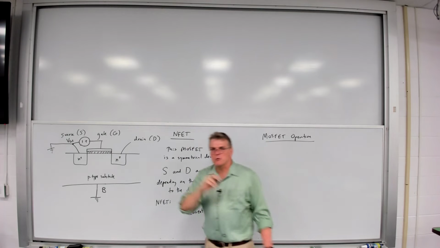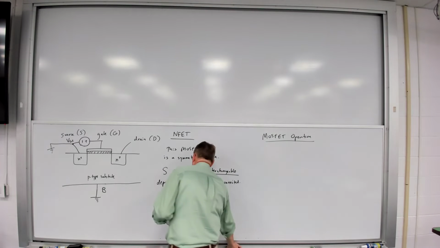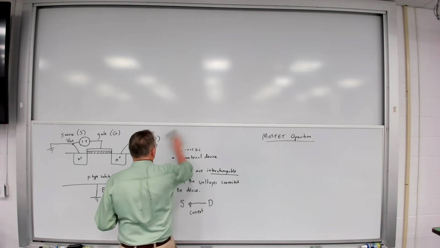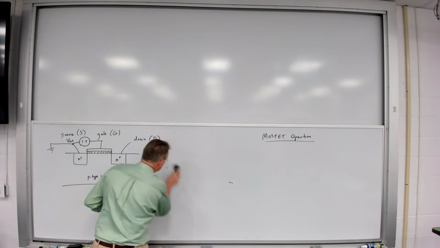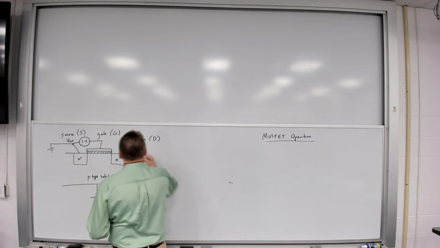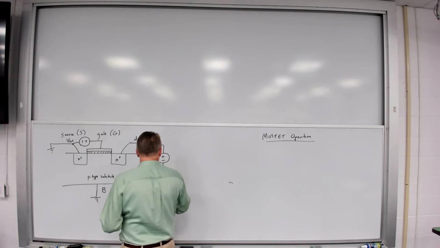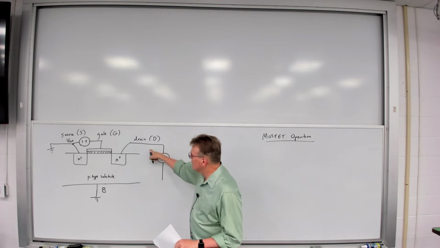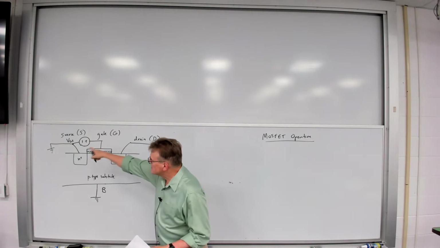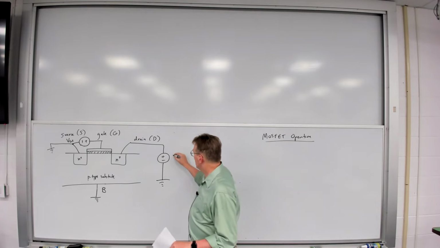But the source terminal is grounded as well. And then I'm going to draw one more. Let me make a little room here. I'm also going to connect another voltage from the drain to the source, but since the source is grounded, I'm just going to connect it to ground. I'm going to call this